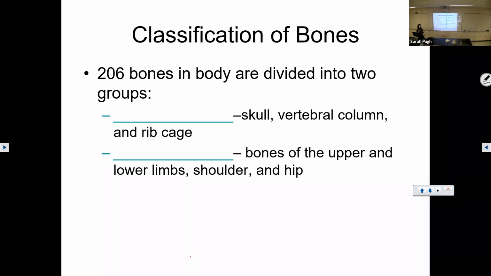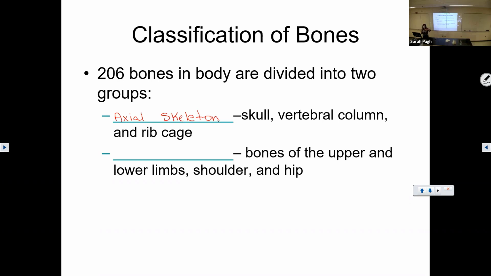Remember, we have over 200 bones in the body. We have lots of bones in the body. And we divide all of these bones up into sort of two groups. One of them is called the axial skeleton. The axial skeleton, when I see that, I always think of an axis, like